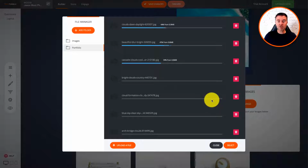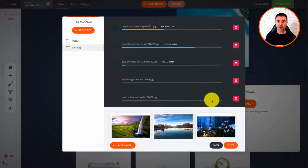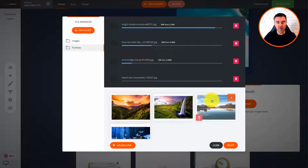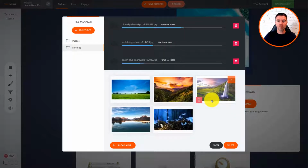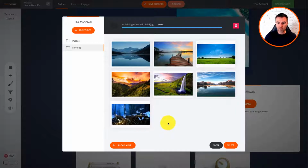And then if they're absolutely huge and super high res, what we're going to do is automatically compress them, but still keeping an amazing quality so that your website runs fast. And obviously that's really good for users, and search engines can't stand slow sites. So it's very important that we make sure your images look good, but they also load very fast. So the system's doing all of that for you right now, compressing them and keeping that image quality as high